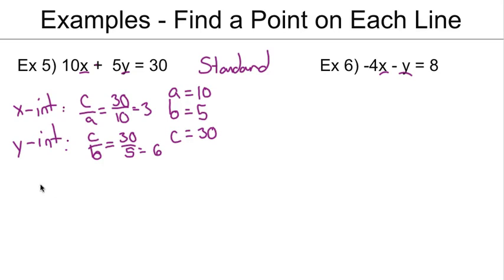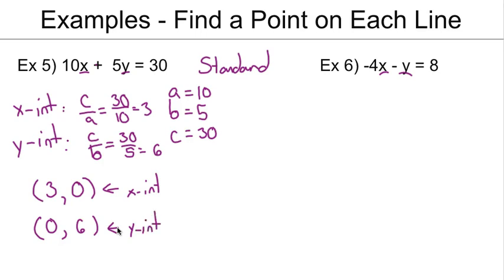Now I really want to turn those into points. So I have to remember that at my x-intercept, y is going to be 0, and so my x-intercept is the point 3, 0. And for my y-intercept, well, at the y-intercept, x is 0, and my y-intercept value is 6, so this is going to be my y-intercept. And now I have not 1, but 2 points from that line. And I can do the same thing over here for example